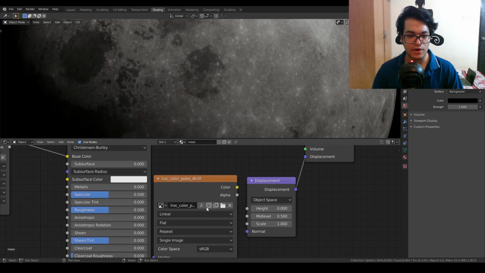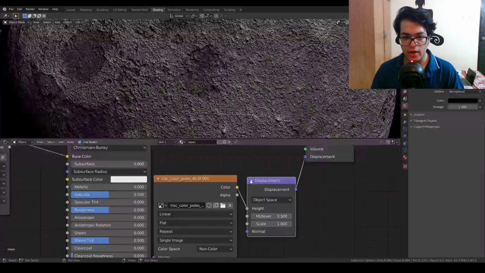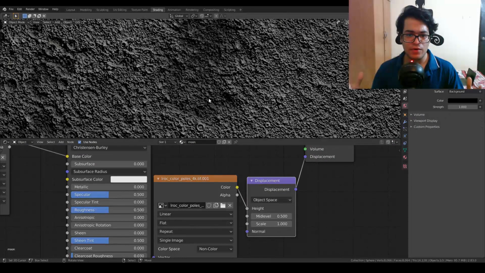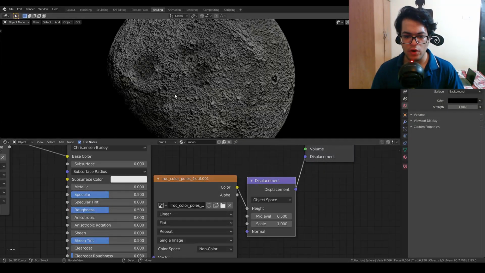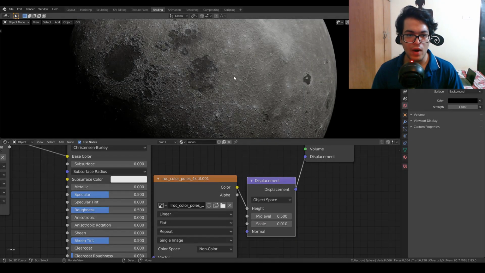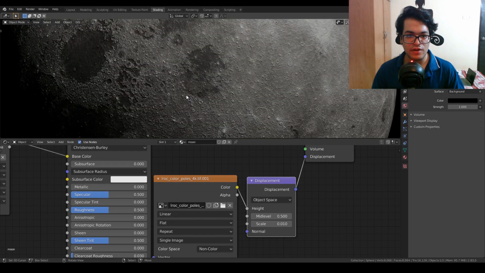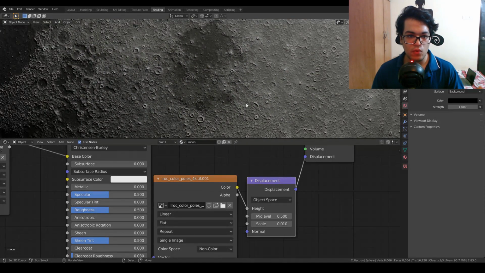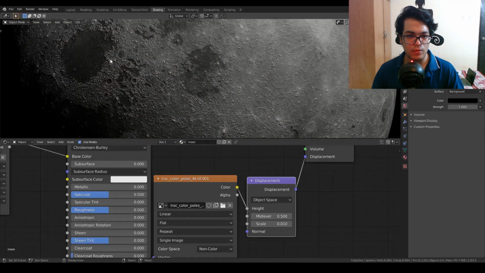Okay, now the displacement is connected to the displacement of the material output, but nothing happens because we need to connect this texture into the displacement. Click that 2 icon to make it an original texture. And I'm going to change the color space to Non-Color. And now just connect the color into the height. So there is a crazy amount of displacement going on. We don't want that. So in the displacement node, there are a lot of settings. I'm just going to change the scale to 0.01. And as you can see, that fixes that problem and you get some cool looking craters on our moon.